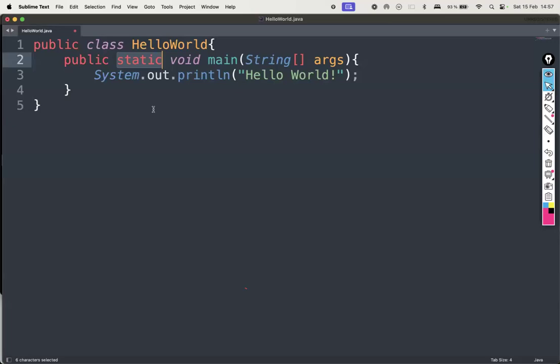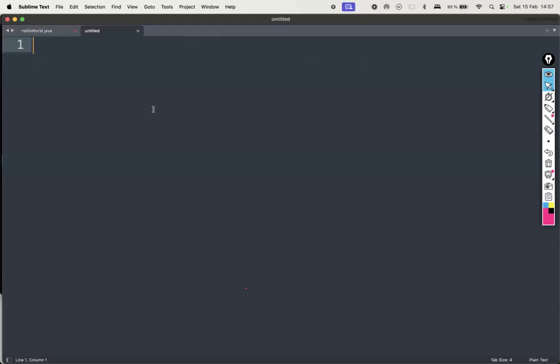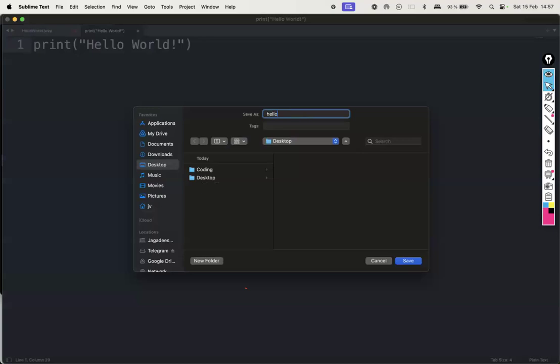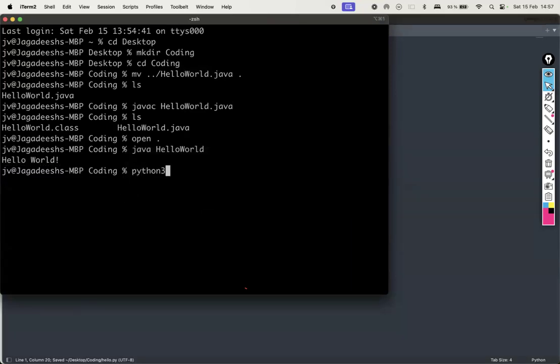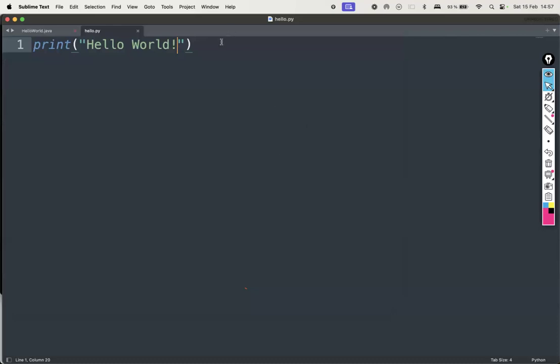Now let's write a hello world program in Python. Okay. Now it makes more sense why Python is very easy. No rules for saving the file name. That's it. Over. That's how you write hello world in Python. That's why Python is very easy. It is just like English, no fuss, no data types, nothing.